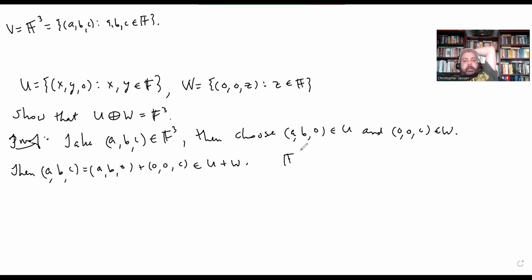F3 equals U plus W. So all we have to show now is that the sum is not just a sum, it's a direct sum. So we have to show that the representations are unique. So assume